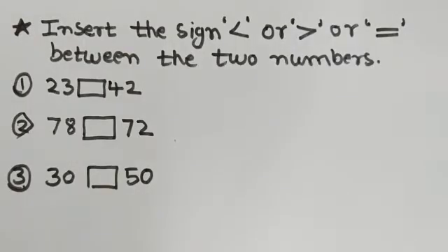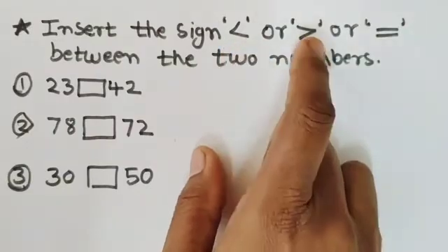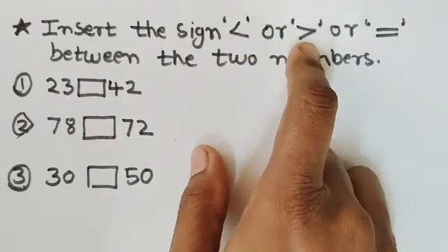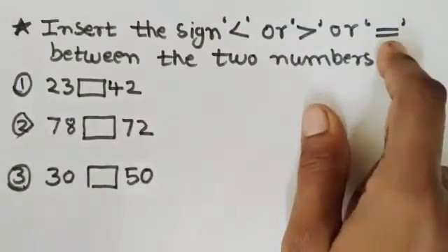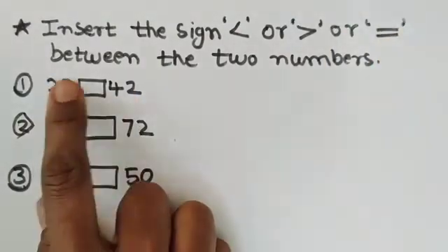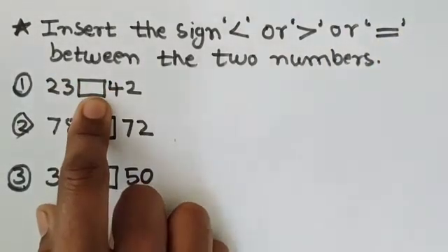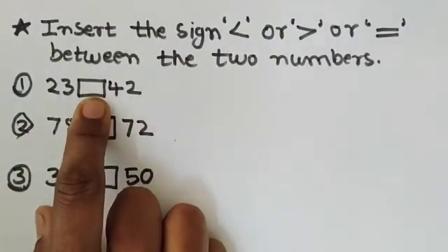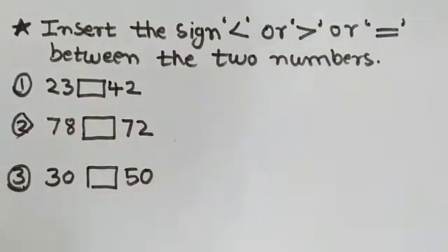Now children, I hope you all understood how to compare single digit numbers with each other and how to put the greater than, smaller than, or equals to sign between these 2 numbers for comparing. And we also learned that a single digit or 1-digit number is always smaller than a 2-digit number.